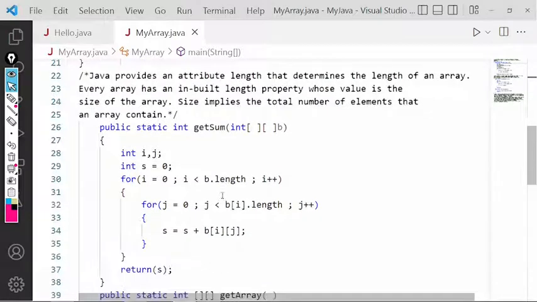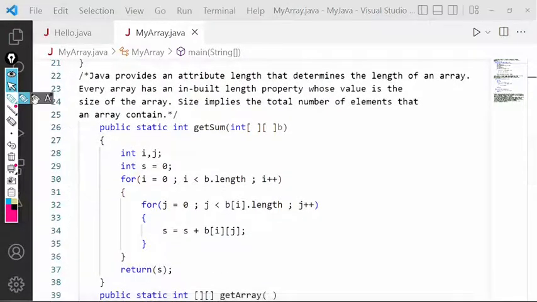Getting my point? Then what have we written in the getSum function? We are defining two variables of type integer, int i, j, int s is equal to 0. For i equal to 0, i is less than b dot length. b dot length will return 2. i plus plus, for j equal to 0, j is less than b[0].length. Here i is 0, so b[0].length will return 3.